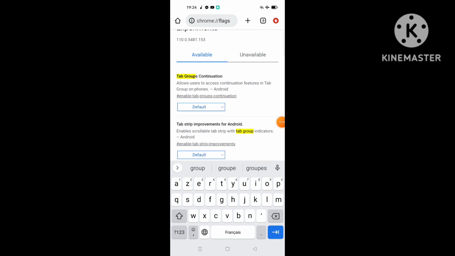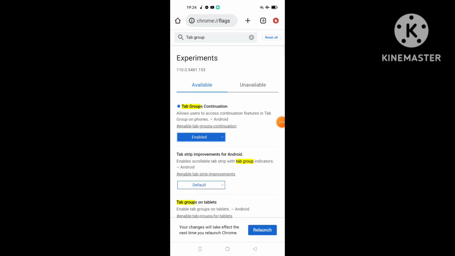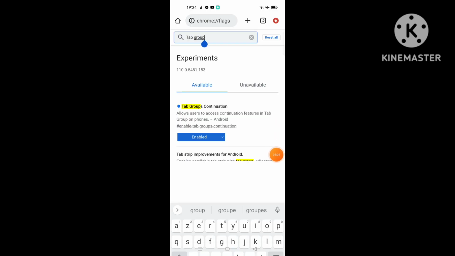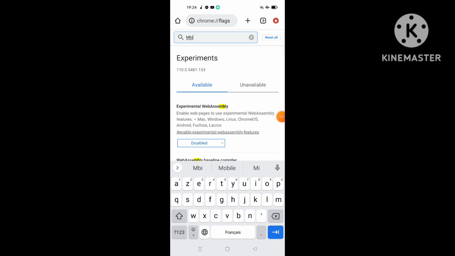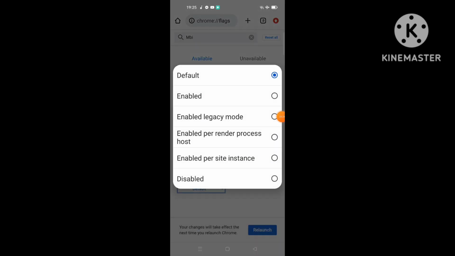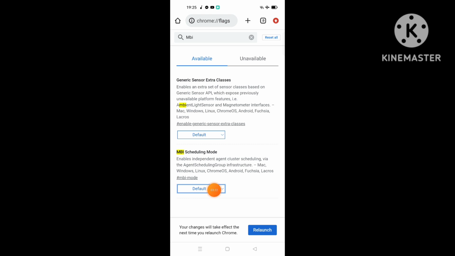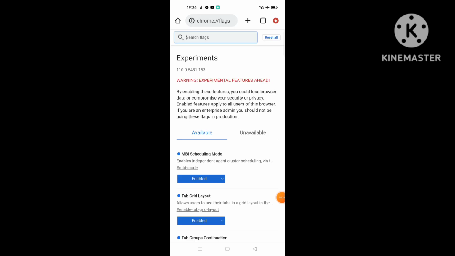Then you go to the first option, default, and check the enabled option, as you see here. Now you go to the search bar again and search for MBI, as you see here. Then on your MBI, click on the second option, default, click on it, then click on enabled, like this. Now when you finish enabling this option, click on relaunch down here, down right, like this. Then it will relaunch